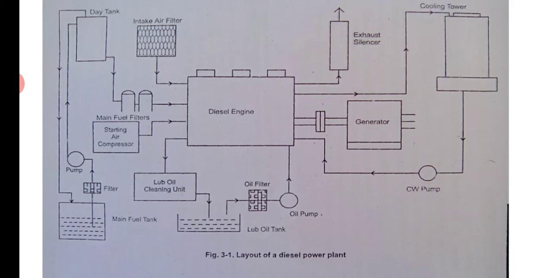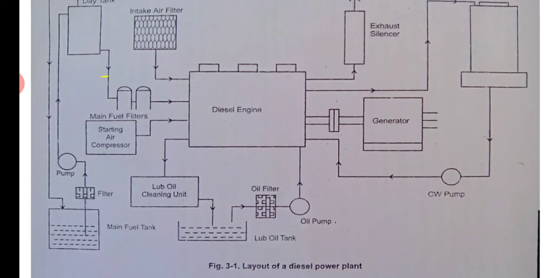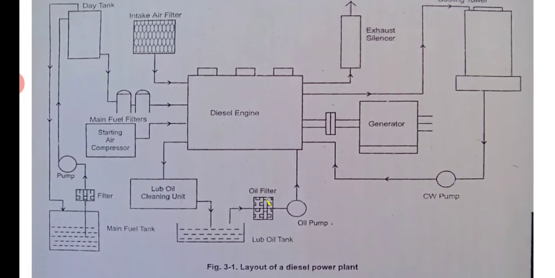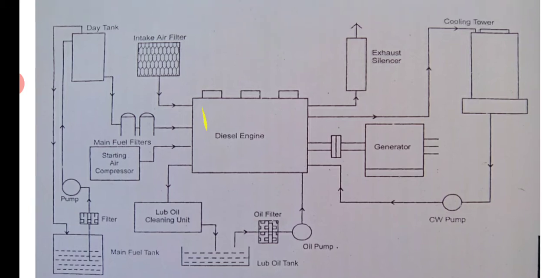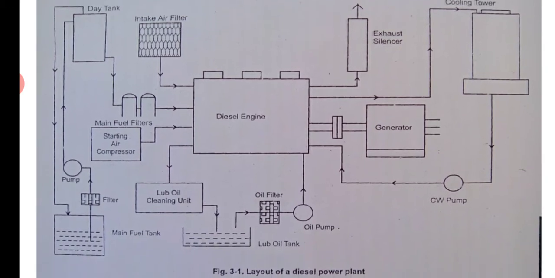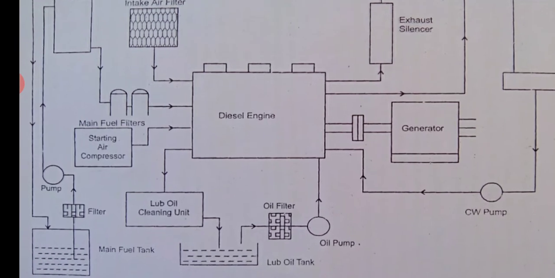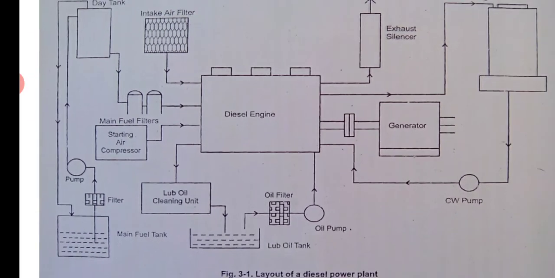Why? Because furnace oil and such oils, due to low temperatures, try to become greasy and the flow is stopped. Its viscosity increases. So to bring it to the fluid state, electrical heaters are used so that the furnace oil viscosity can be reduced. Okay. So the main tank is there, then a fuel filter and pump. It goes to the day tank, and from the day tank it comes by gravity to the fuel filters and then goes to the engine. So this is the fuel oil circuit.